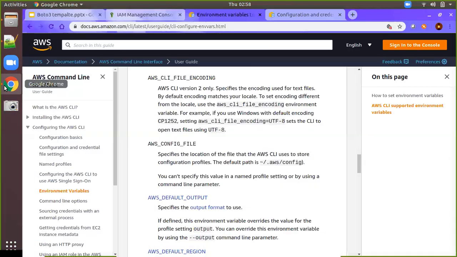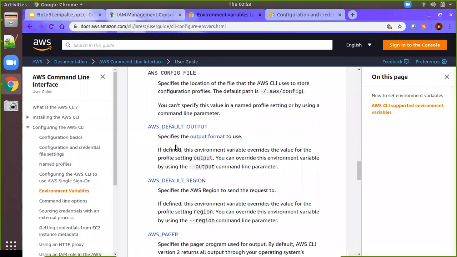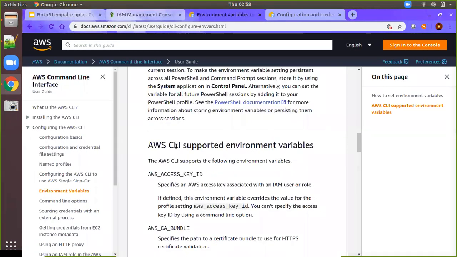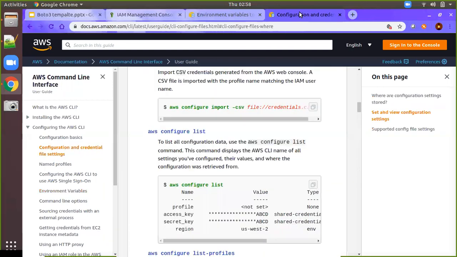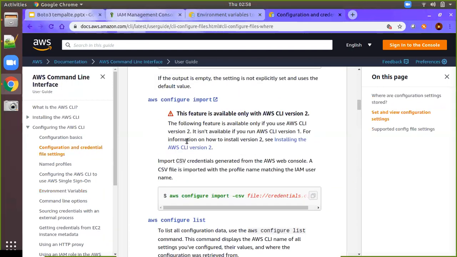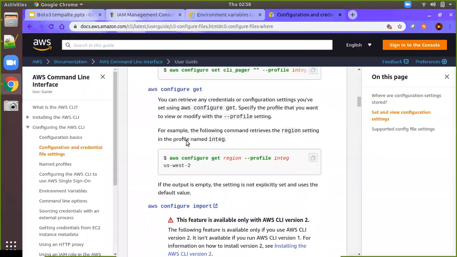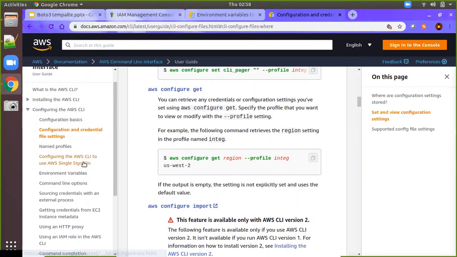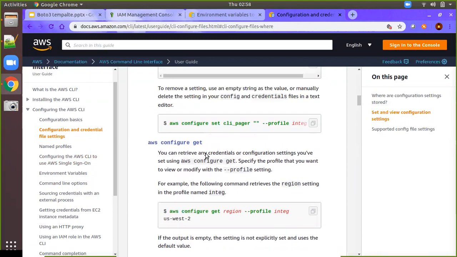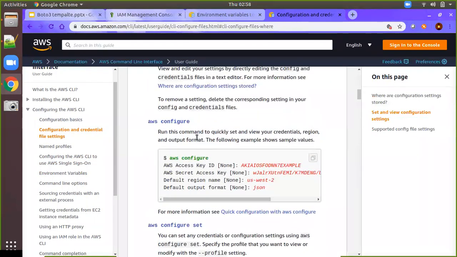But moreover, if you want to get more details about what the profiles are, how to see the file, or in case of Windows, how to see, those things will be available in this URL. I will be sharing this URL. You can even search it in Google, but however, I will be giving the specific URL. You can check it for the specific reason or specific command itself. So this is all about setting the secret access key and the access key in your system. Thanks for watching and have a great day.